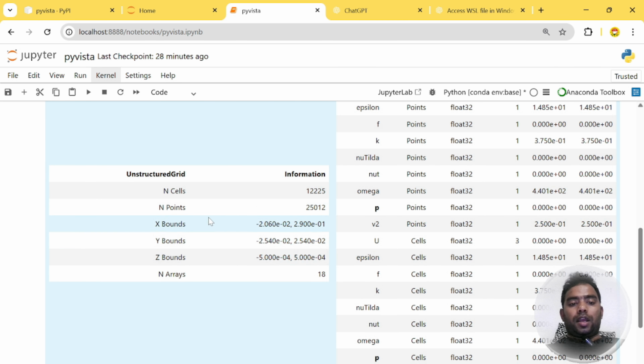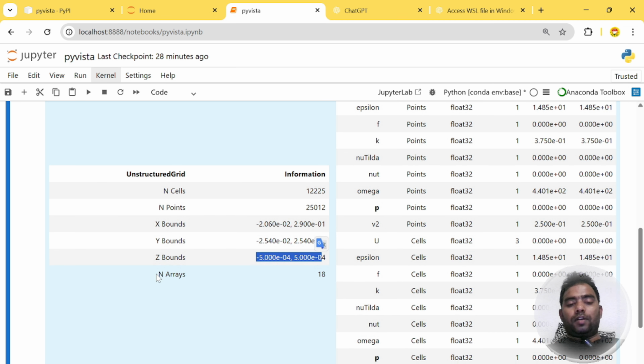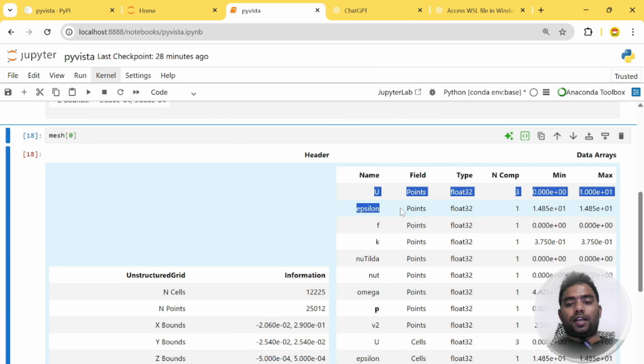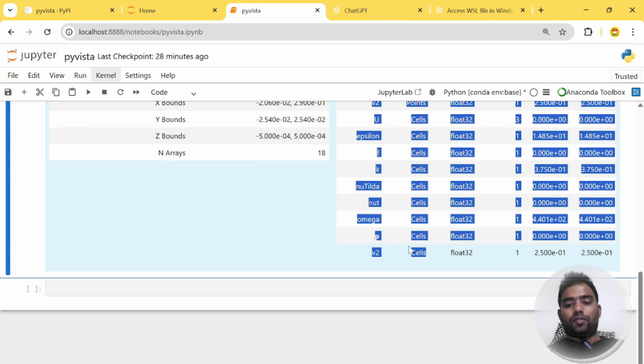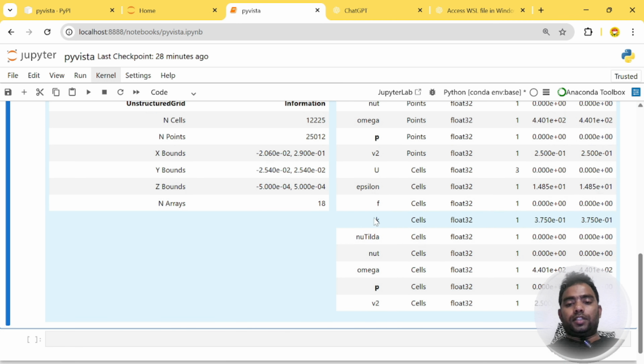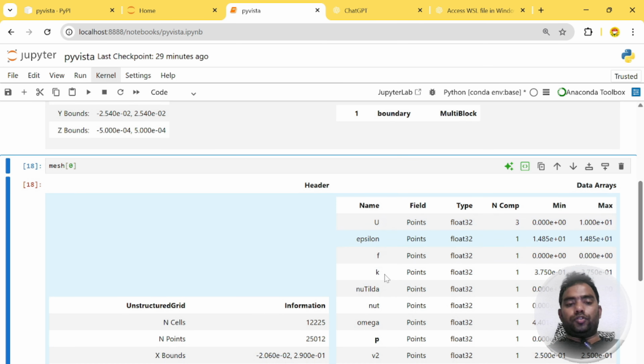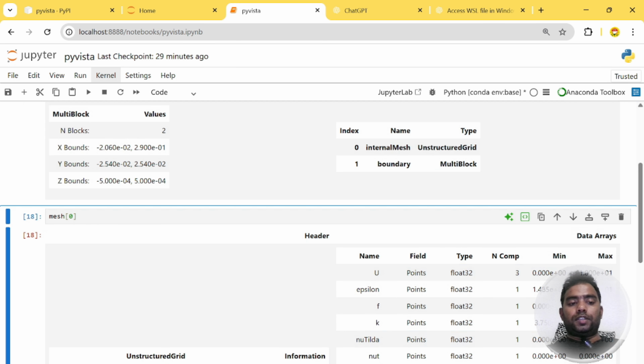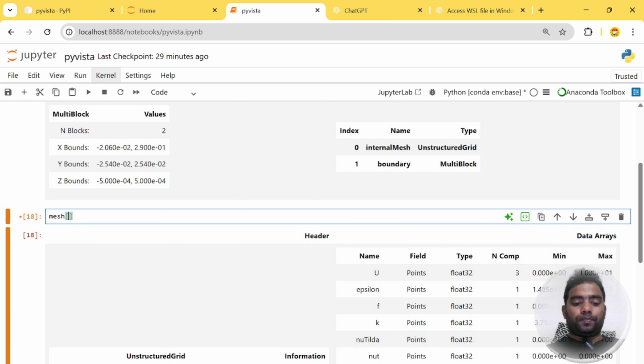It is suggesting the number of cells, which is the total number of cells, this is the number of points, this is the bounding box of the x, and this is the bounding box of the y. Now it is suggesting that it has a total of 18 arrays, and these 18 arrays are these points. You can see 1, 2, 3, and you can count that there will be a total of 11 values. Now if you see mesh.1,